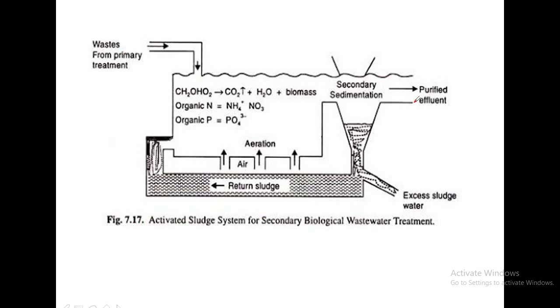Moving on. So this is another activated sludge water treatment unit. In this, sewage from primary treatment is sent into this tank. In this you have water and all the organic matter. Organic matter mainly contains carbon and hydrogen and some amount of oxygen also. And it is continuously aerated. Air is being circulated continuously because water is kept in constant agitation, that is by the circulation of air. This biomass, this organic substance, gets decomposed into carbon dioxide and water.